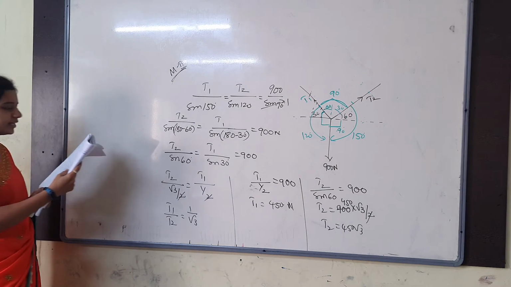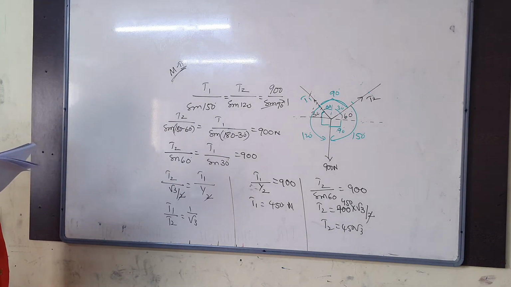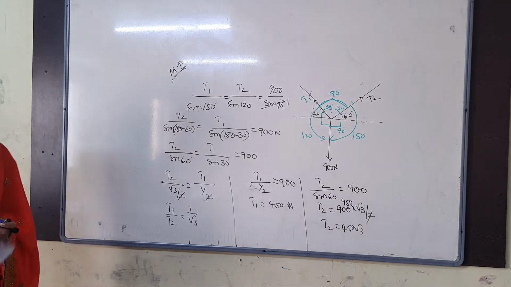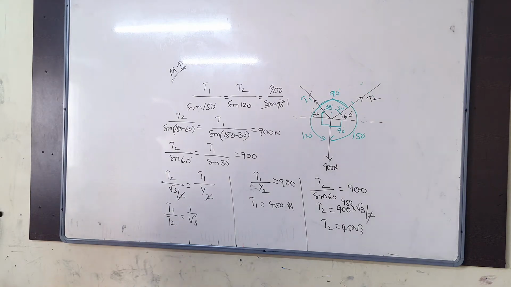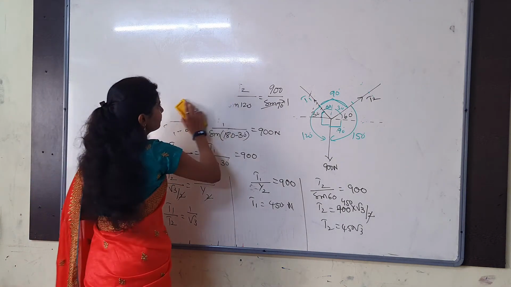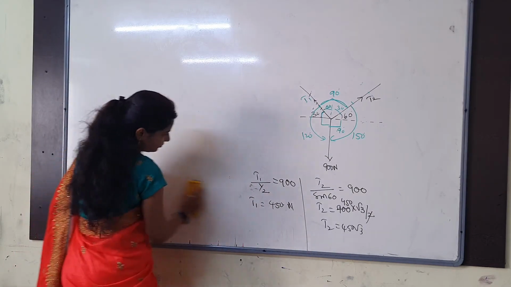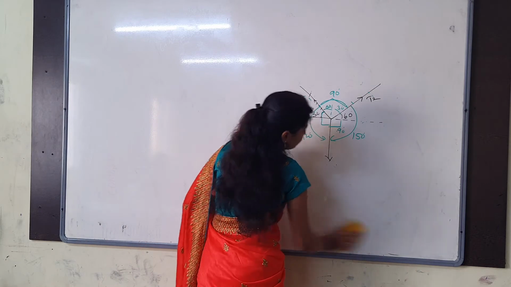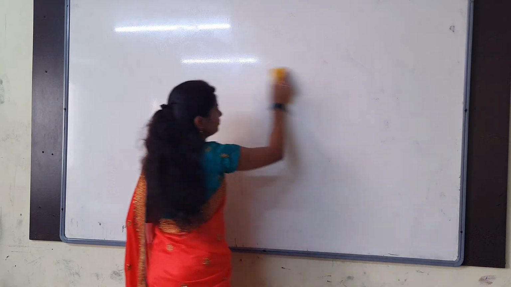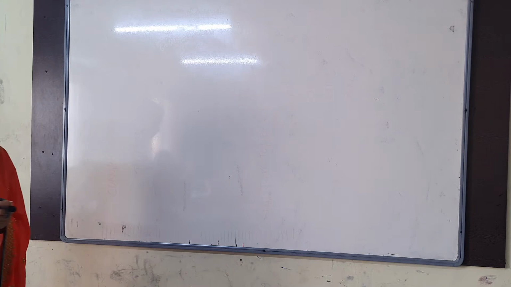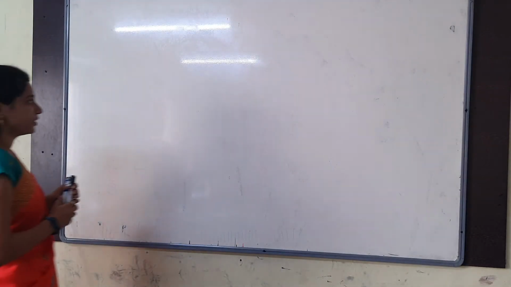Then, a 10 kg body is suspended by a rope. The 10 kg body suspended by a rope is pulled by means of a horizontal force to make 60 degrees by the rope to the vertical. Then the horizontal force is how much? Again the same model only, but finding the diagram is a little different in this.